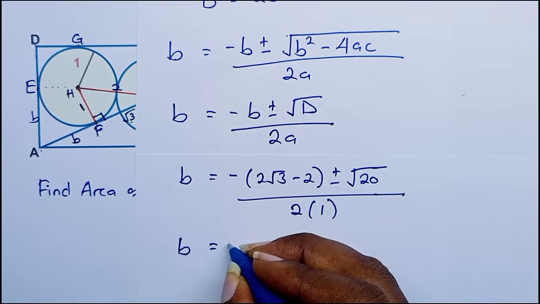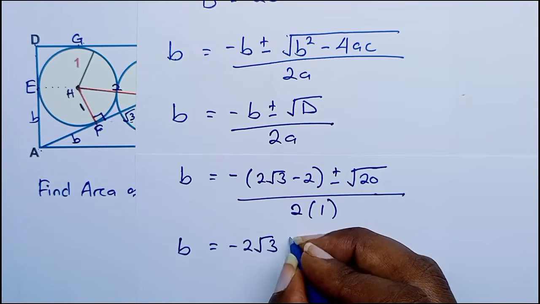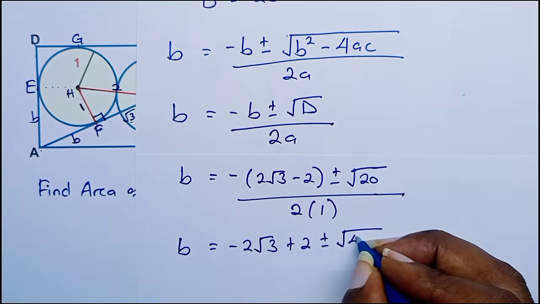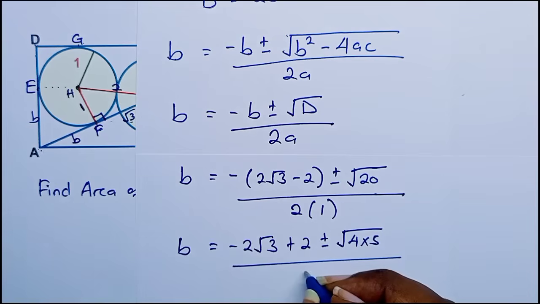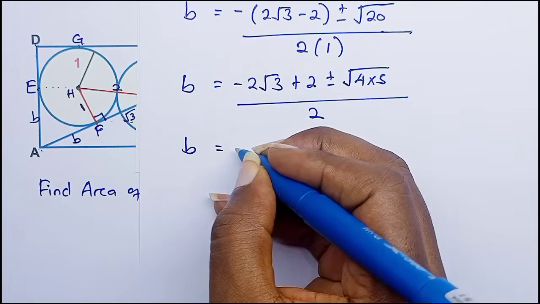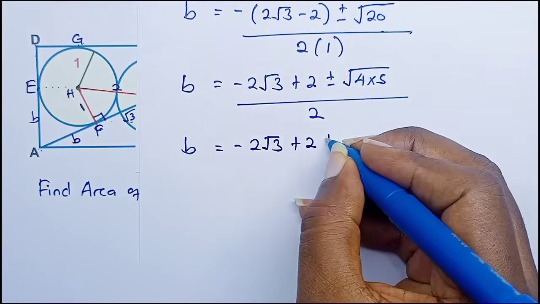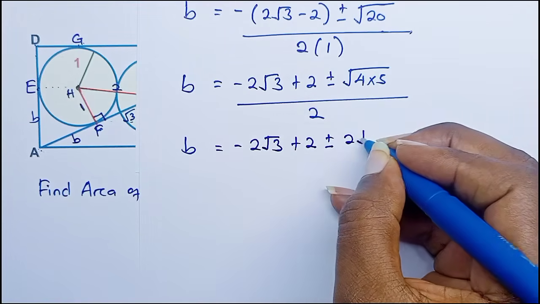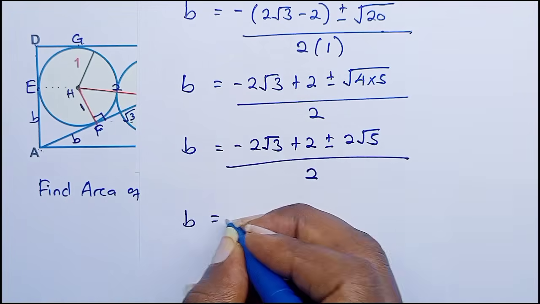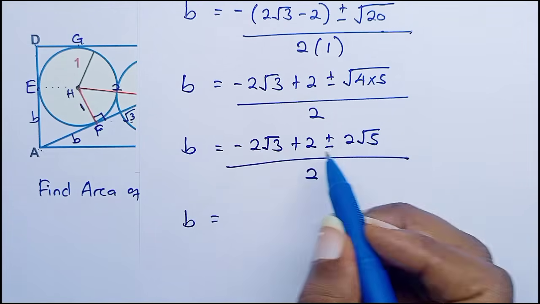So B is equal to, open brackets here, we shall have minus 2 root 3 plus 2 plus or minus root 20, which is the same as root of 4 times 5, over 2. So B is equal to minus 2 root 3 plus 2 plus or minus 2 root 5 over 2. And so when you divide by 2, since they're all divisible by 2, we shall have